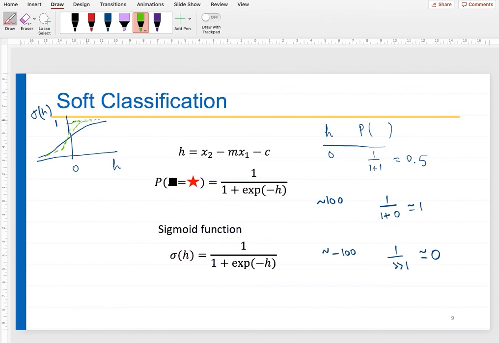Oh, sorry, my pen is not working properly. How do I do that? Which means even if the point is a little far, I want to say I'm more confident that this is this class, let's say the rose class. So I'm reducing the width of my uncertainty. How will I do that? What change should I make to my sigmoid function so that I can reduce the width of my uncertainty?